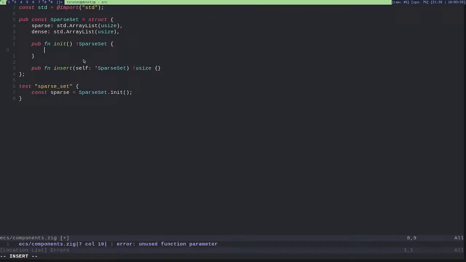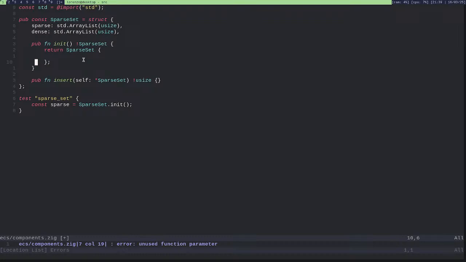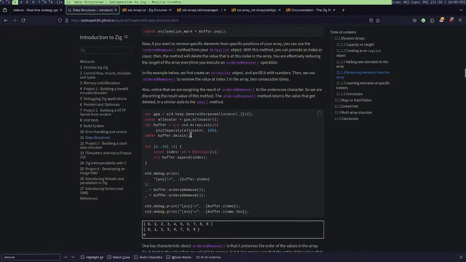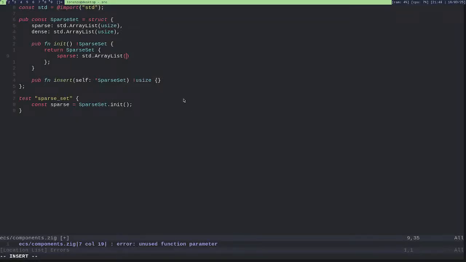Okay, and here I will have a new sparse set, with sparse being equal to std array list. And I don't remember how you initialize this. Okay, so init capacity, and yeah, capacity will just be like 10.